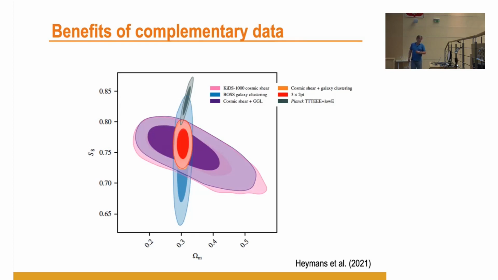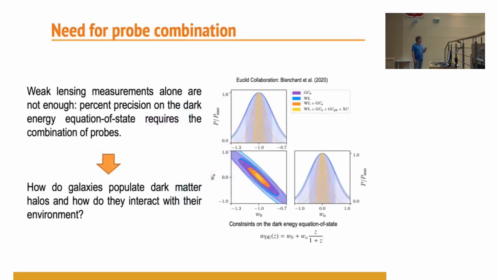And so here we use BOSS, so it was spectroscopic clustering. But you see that once you combine data, even though the clumpiness, so basically S8, this is the KiDS lensing signal, the moment you combine with galaxy clustering and do the full analysis, you don't change so much in the amplitude, but you subtly constrain omega matter much better. And as we move forward, these probe combinations will allow us to break the degeneracies in many parameters. And that's really driving a lot of the progress for things like Euclid, because this is a forecast